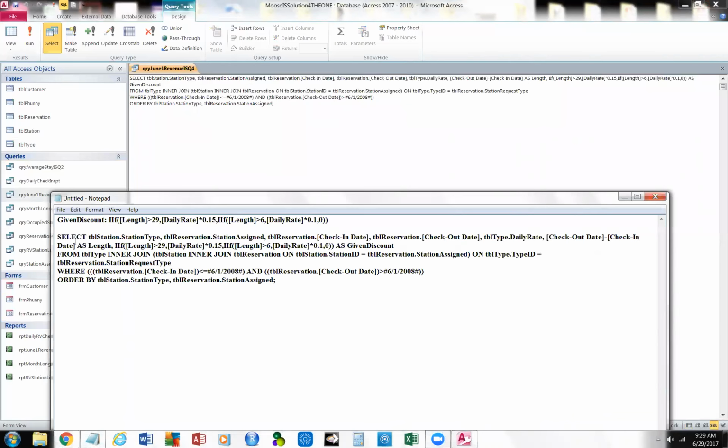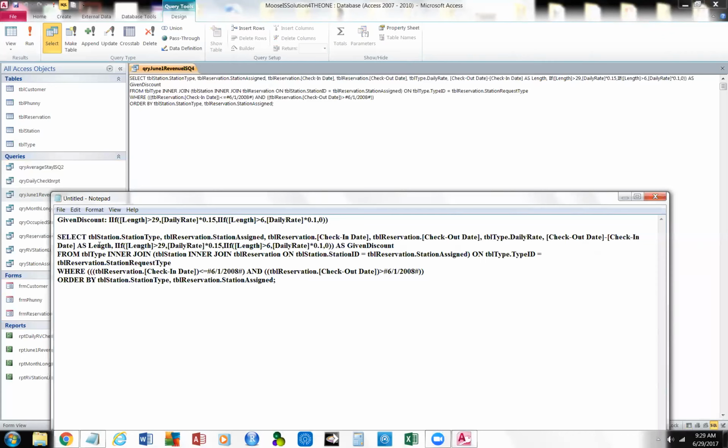Basically, we're selecting from the table station the station type. From the table station, we're getting the station assigned. From the table reservation, we're getting the check-in date and the checkout date. And from the table type, we're getting the daily rate. And then we have checkout date minus check-in date